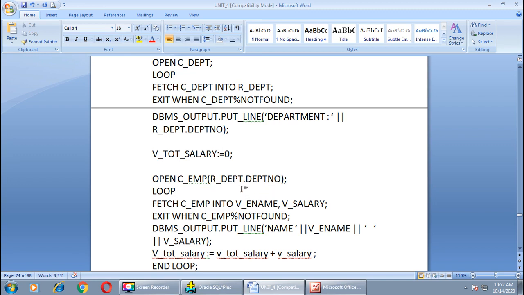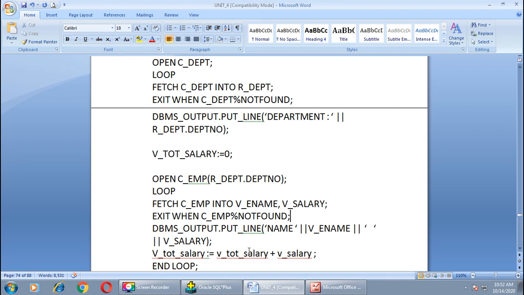For department number 20, this will fetch the values using the fetch statement, and exit when C employee percent not found. When the select statement does not return any record for department 20, at that time the control comes out of this loop, right?